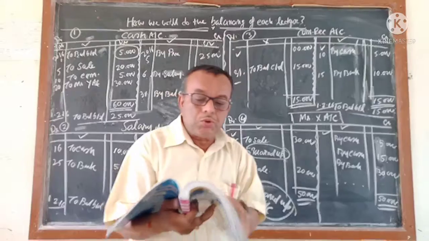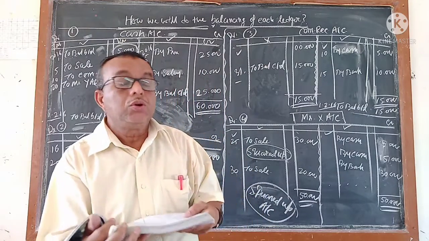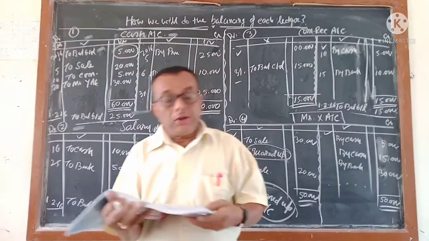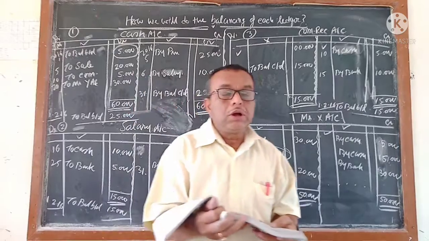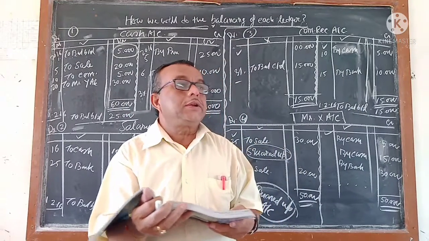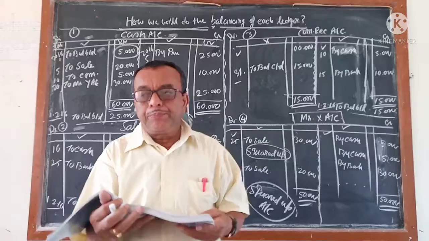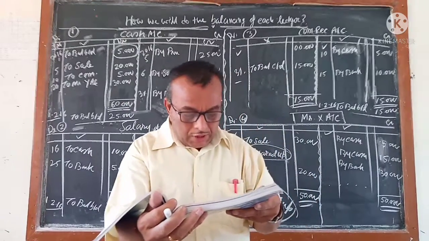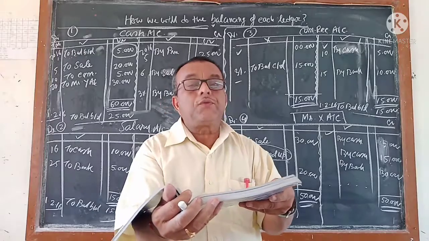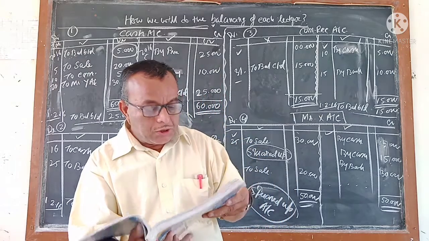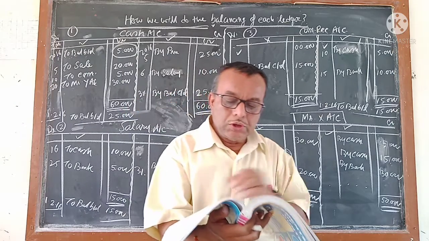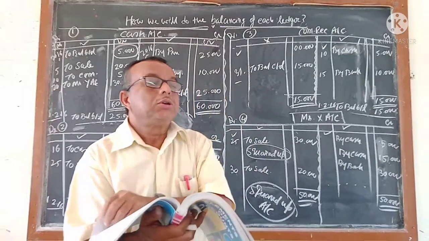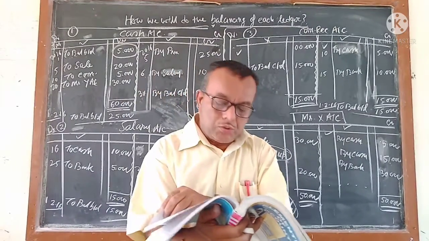According to your textbook, whatever I had to teach you from this chapter, I already taught you. Now all the steps I tried my level best to cover. Even so, if you do not understand in any place, you can tell me. According to your textbook, page number 242, the exercise question number 1, that is MCQ, the answer is given. If you have any doubt, you will tell me.